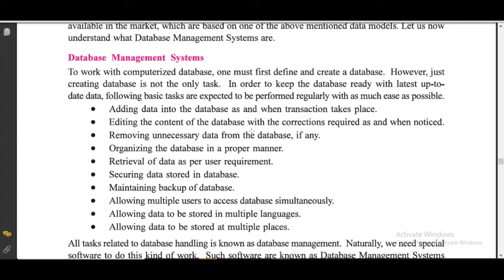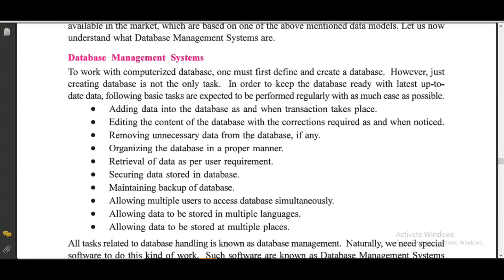Then editing the content of the database with the correction required as and when noticed. For example, if an existing student changes address, for example, he is relocated or parent's mobile number is changed, we are supposed to edit the database content so that it is up to date.